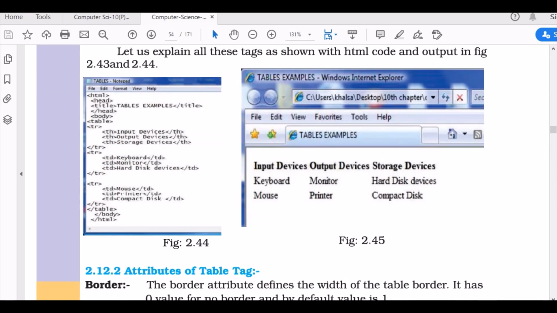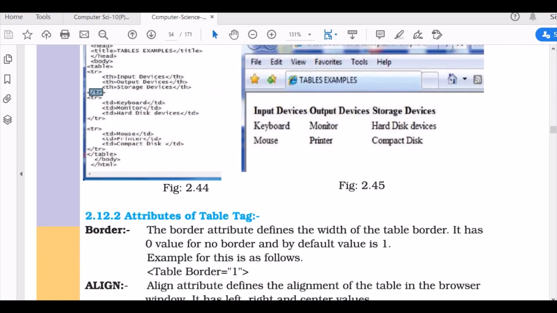For example, we start with the table tag. We said the first row should be of heading. Table heading is input device. It is displayed in bold. Now I am saying table row is finished. Now the next line starts, table row, table data starts, and this table is displayed.